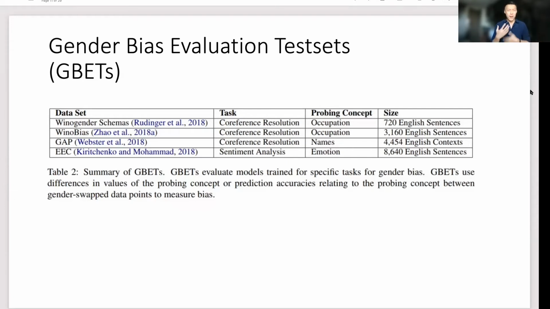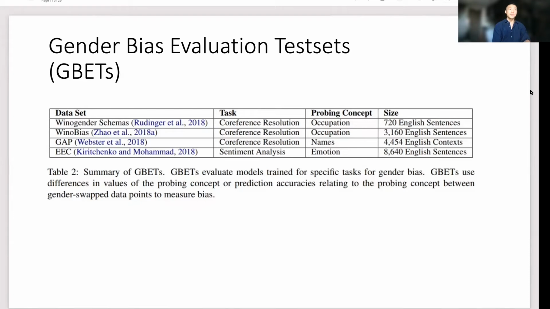So we built a very complicated deep learning algorithm, actually, to perform co-reference resolution. It's a very challenging task to begin with. So if you want to avoid gender biases as well, it would be even harder. But it's still worth doing because you make the system more accurate. Okay. So they collect a few evaluation tests and make it like a standard benchmark for evaluating whether an algorithm has bias or not.